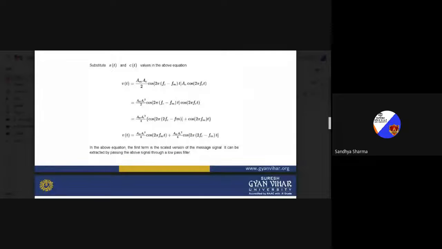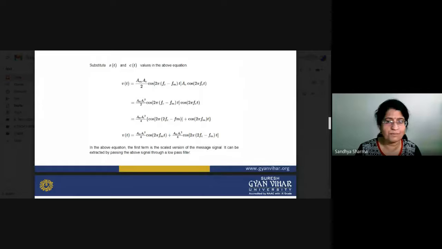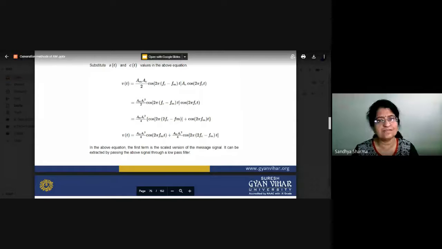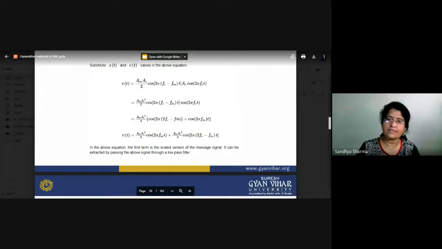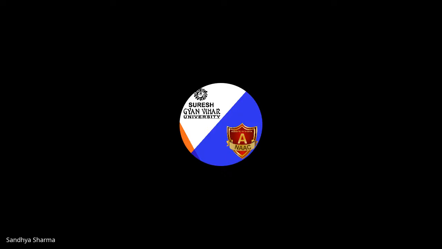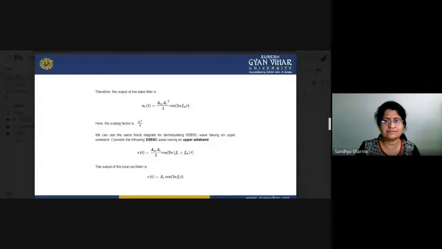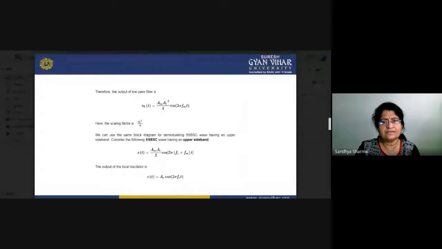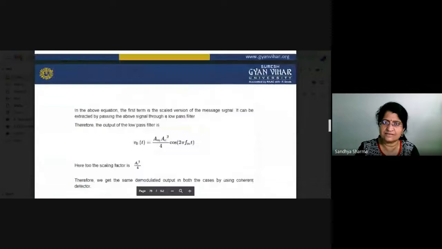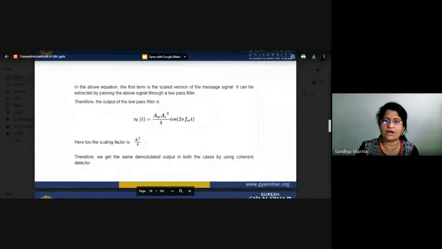So if we apply the low pass filter, these high frequency signals can be easily removed, and that is basically your modulating signal. That is basically a scaling factor, and by using that we can generate our modulating signals, and the other part will be the subtractor. The same thing you can also use with either the lower sideband or upper sideband, and you can extract your output signals.